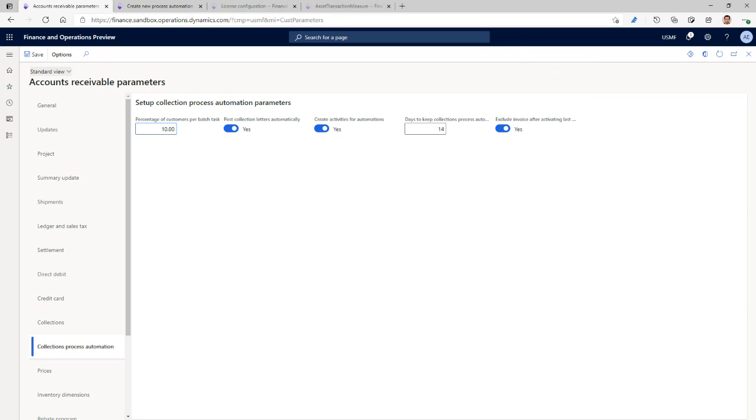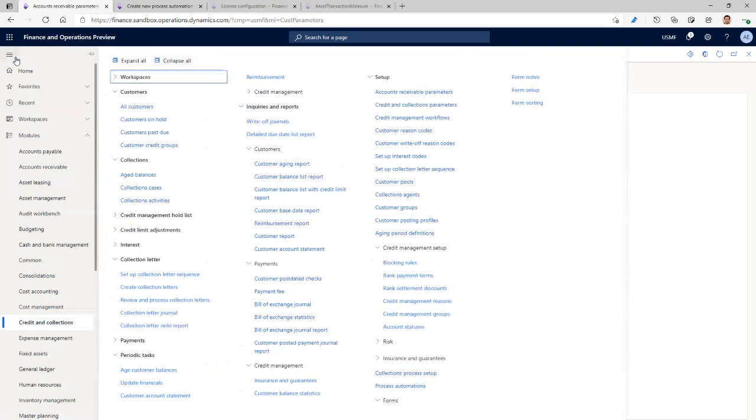And if you exclude it, it will not be picked up again. So this is a very specific control that we have. Now going into the process automation itself,